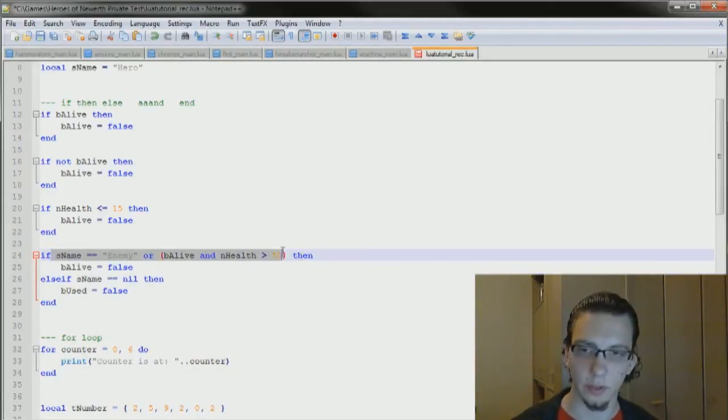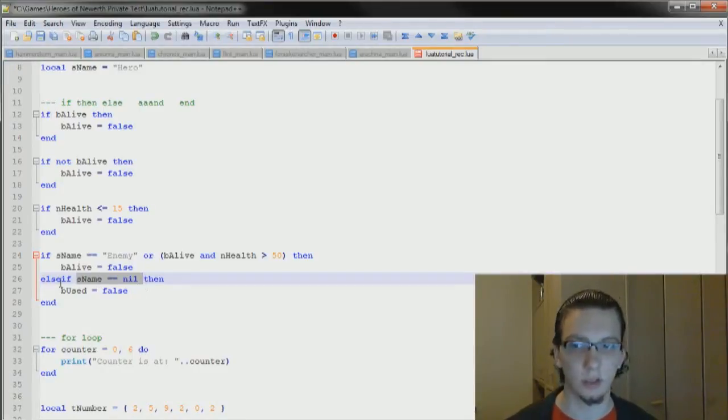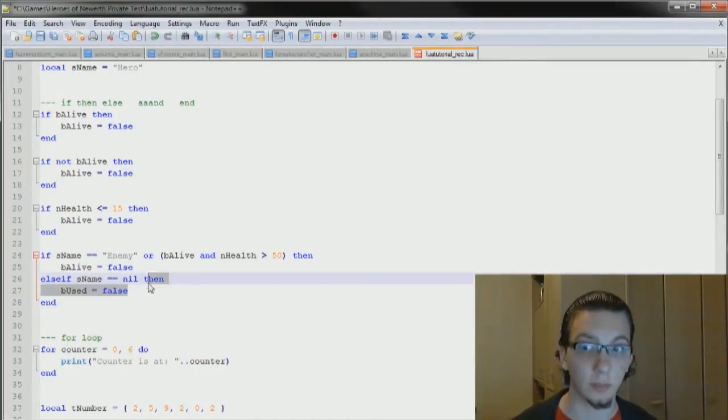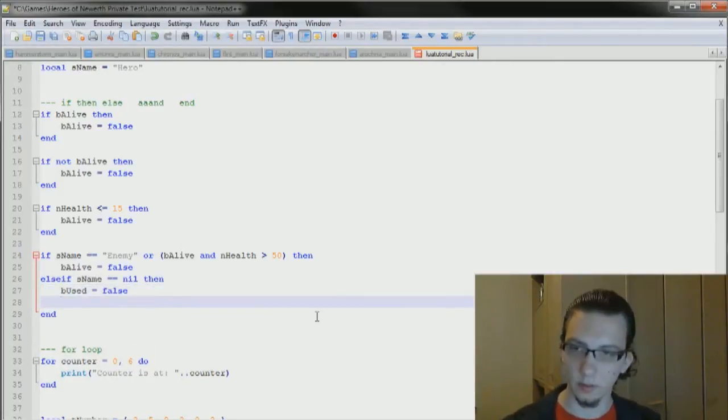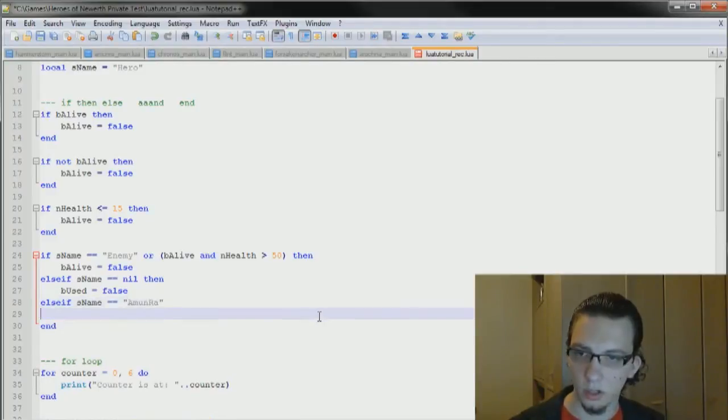So first it will check this line if it's true. If it's not, it will check if sname is nil. If it is nil, we execute this body. If it's not, we just end the if and nothing happens. So we can extend this as long as we want. We could do another else if, let's say, sname equals, I don't know, Amun-Ra, then sname should be